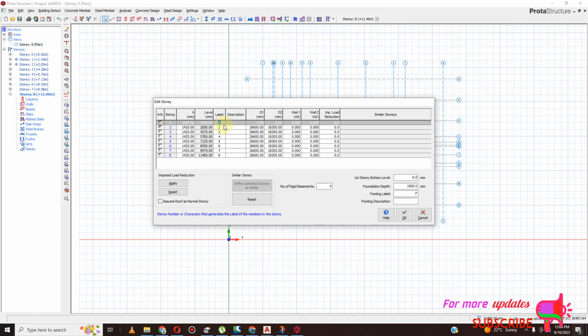So this story is landing 1. Let me label it landing 1. This should be first floor. Landing 2, landing 2, second floor, landing 3, third floor, landing 4, fourth floor. And then okay,